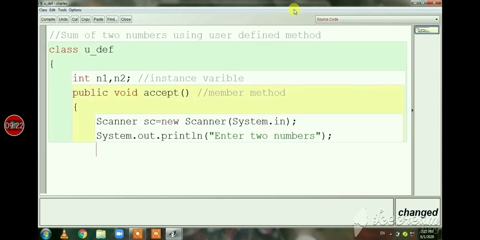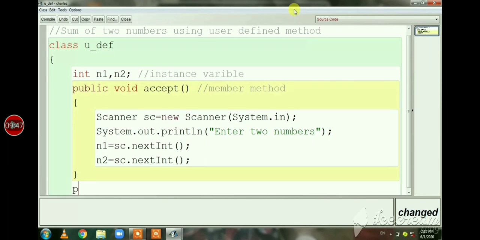The value of n1 is an integer, so I am going to use the nextInt function. sc is the scanner class object name, sc.nextInt. I am going to store an integer value in the variable n2 also, so I am calling the nextInt function. Now I am closing the accept user defined method.